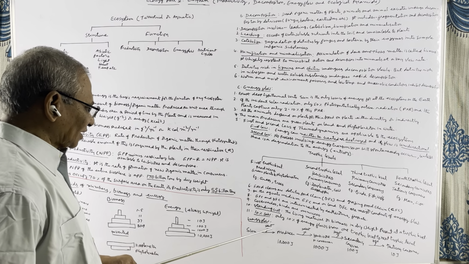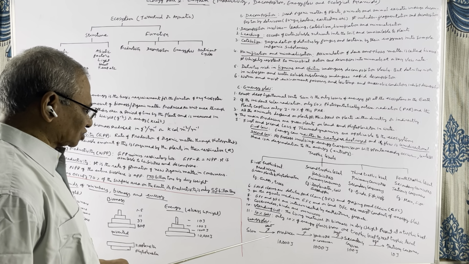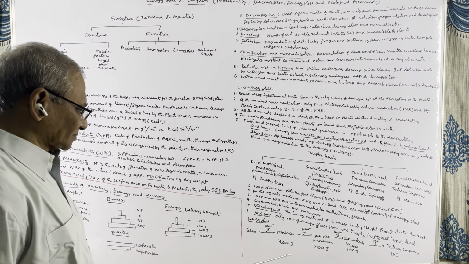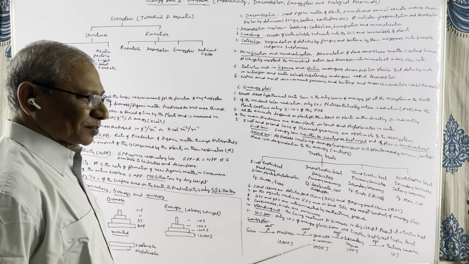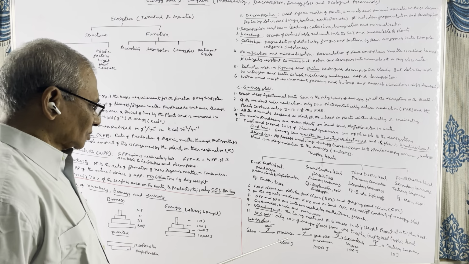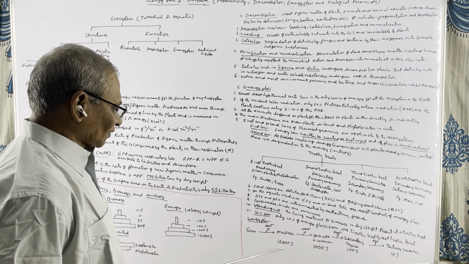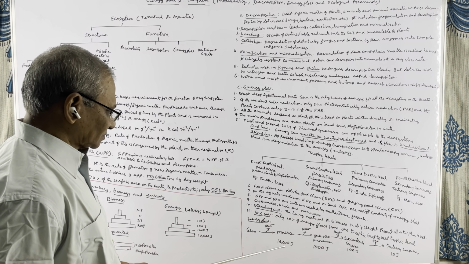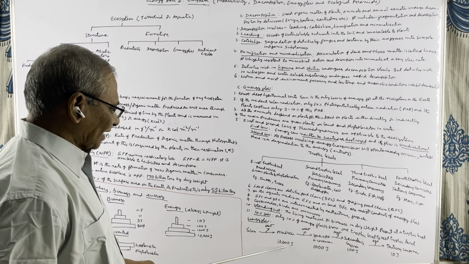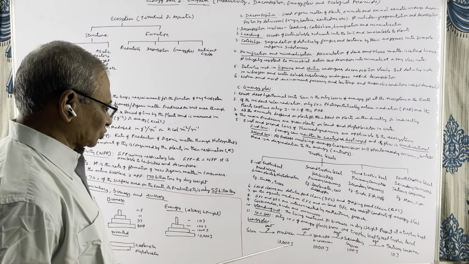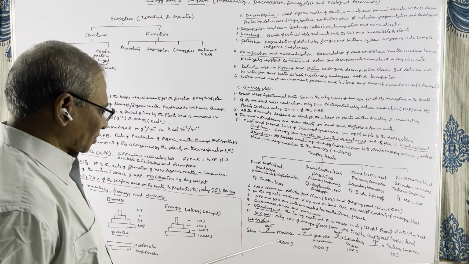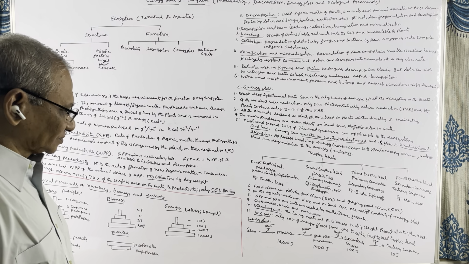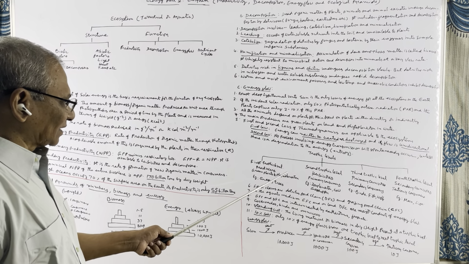A lot of energy is lost in the form of heat, and by using solar energy, producers synthesize food through photosynthesis. Let us say that in a particular ecosystem, the amount of biomass contains 10,000 joules of energy. So the amount of energy present in the producers is 10,000 joules. Producers are the first trophic level.